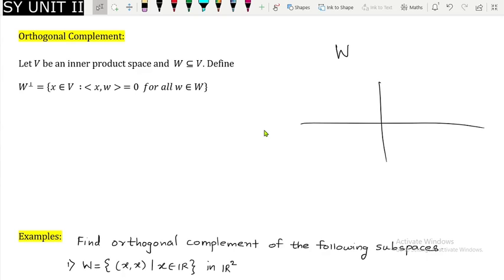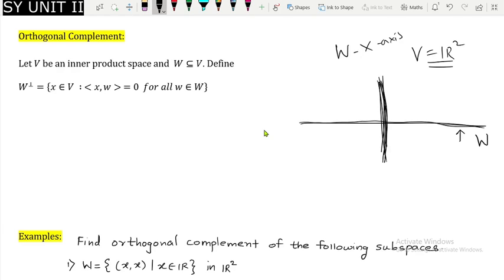Suppose we take V is equal to R2, and W to be the x-axis, which is a subset of V, as you can see. This is my W, so the line perpendicular to this W is the y-axis, isn't it? And obviously I want it passing through the origin. So in this case it is the y-axis, and that is nothing but my W perp. In other words, perp indicates perpendicular. Whatever W you have, I am interested in all those elements from our vector space V that are perpendicular to all elements of W.